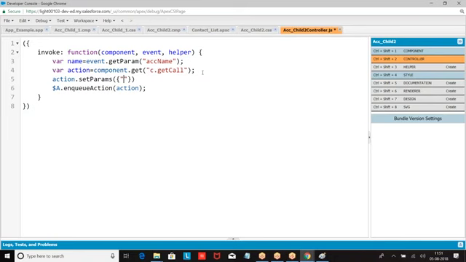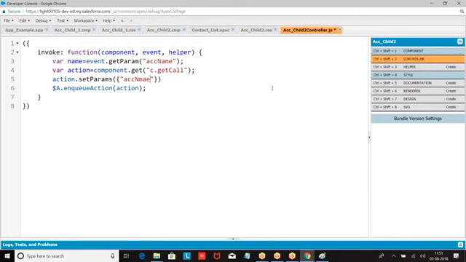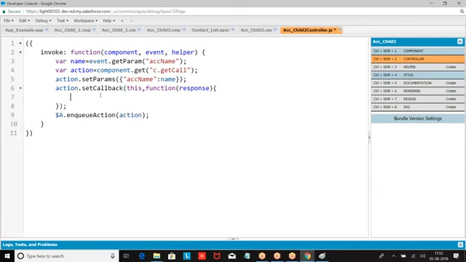Set params. What is the parameter I have given here? The exact name we have to give, ACC name. Then what is the name we are passing? Set the parameter, then invoke the action. How do you invoke the action? Action dot set. Action. Then check the state, where state equal to